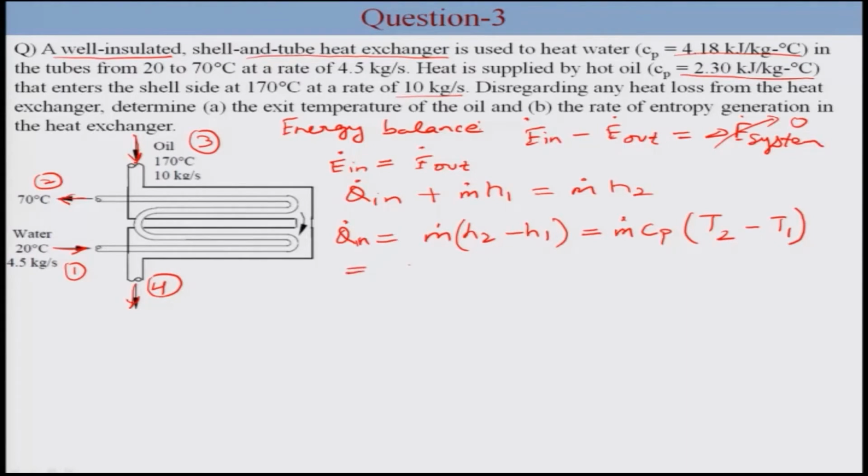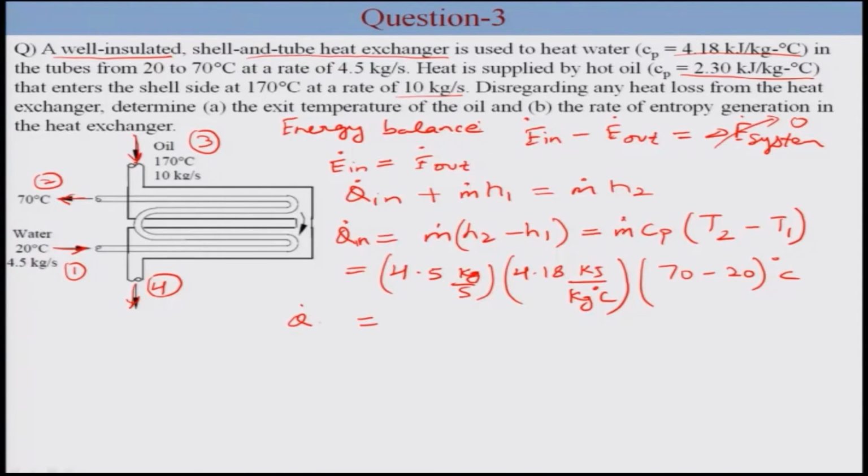So, putting all the values, mass flow rate of water is 4.5 kg per second, specific heat is 4.18 kilojoule per kg degree Celsius and temperature difference is 70 minus 20 degree Celsius. So, this comes out to be 940.5 kilowatt. Now, we know that the amount of heat gained by water will be equal to the heat lost by oil. So, heat